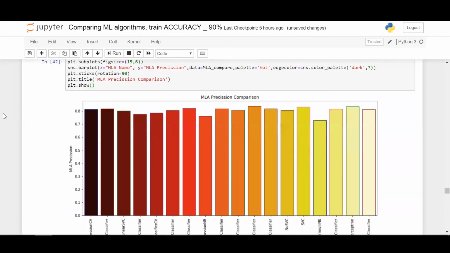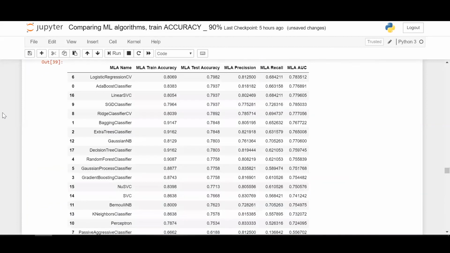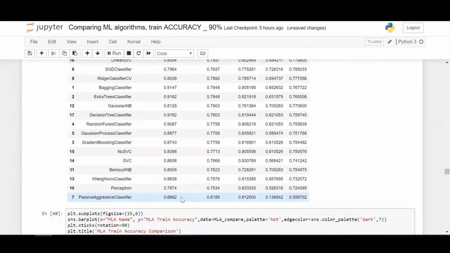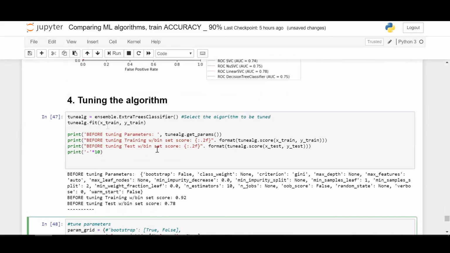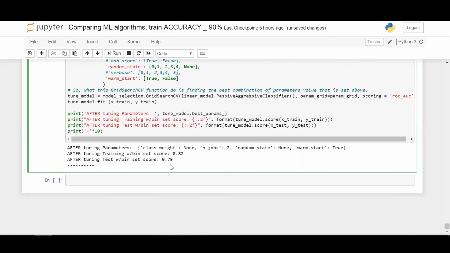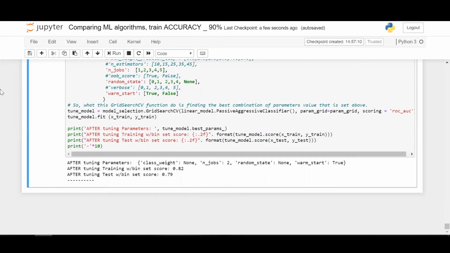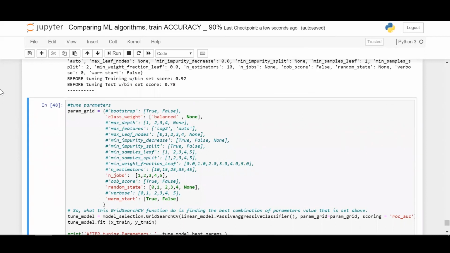If you look at the previous results, it gave 66% accuracy on training and 61% on testing, which is a massive increase from 66 to 82 and 61 to 79, right? So this is what grid search does in terms of influencing the accuracy.